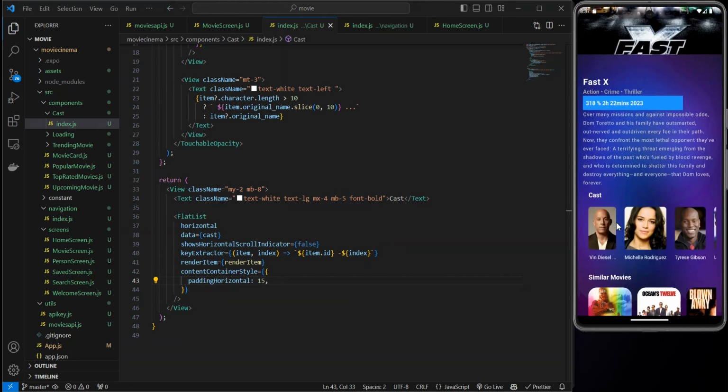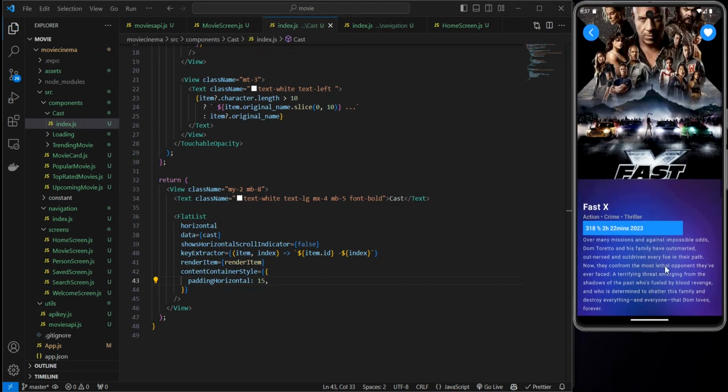So if you click on fast X, you're going to see the cast. If that is not showing, yes, look at that. We have all our casts here. So we're almost ready with our movie details screen, and